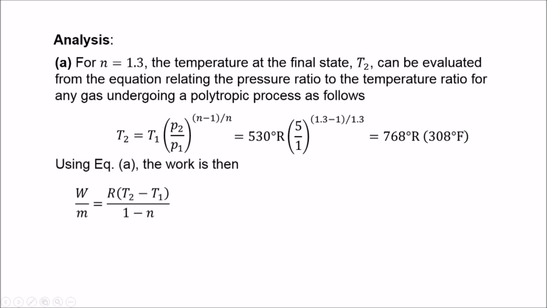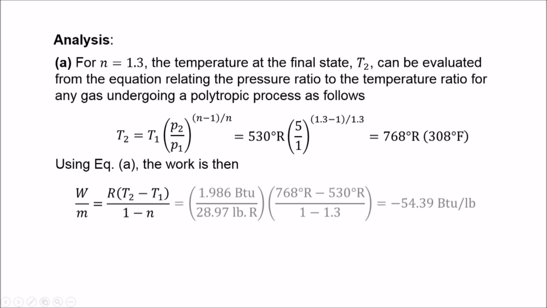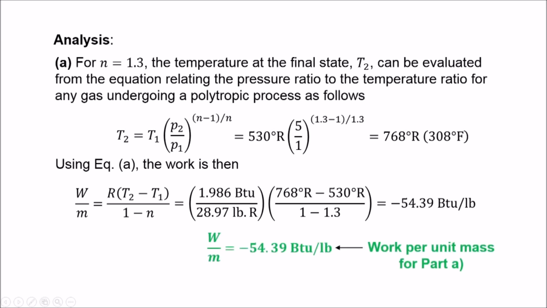Using the equation denoted A developed earlier, we get the following expression. And substituting numerical values, we get a value for W over m of minus 54.39 BTU per pound. This is the first answer we were seeking for part A, the compression work per unit mass when n is